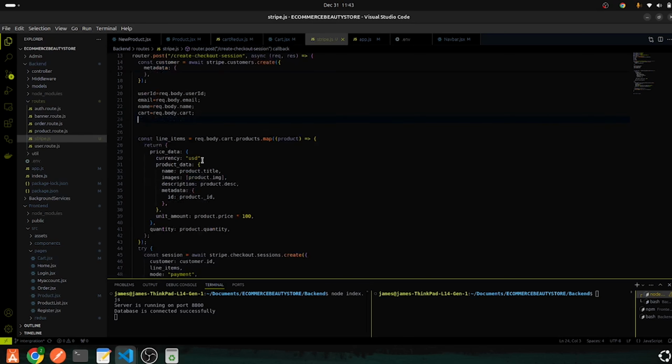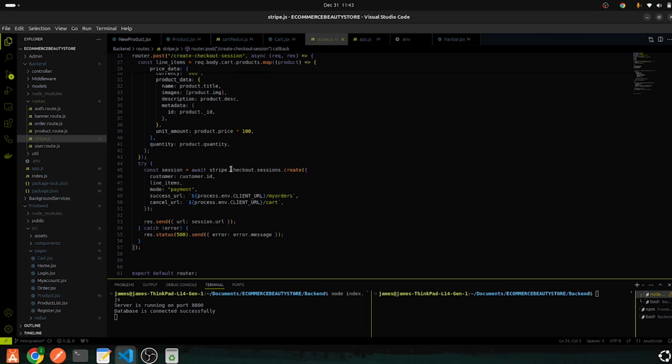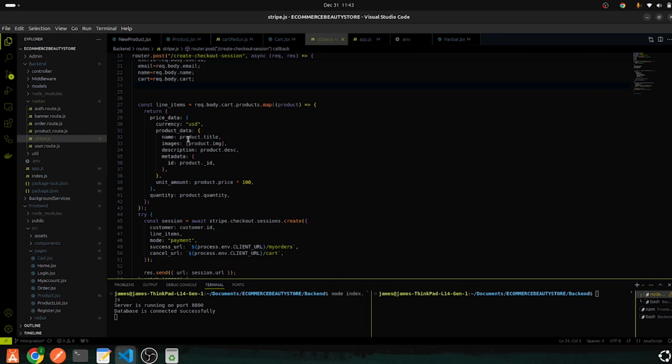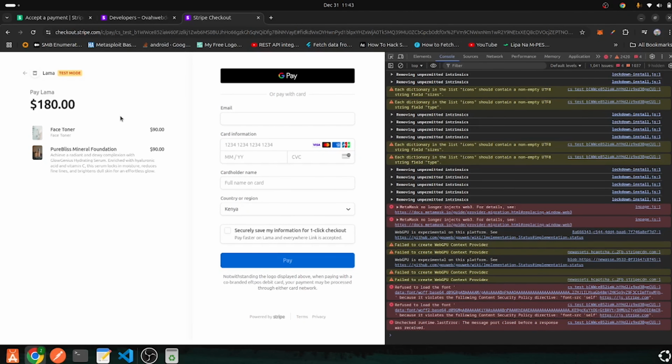Here you can see that we are looping through: we get the cart and then the products, we loop through, and then we display the product title, the image, the description, and the metadata here. And now you can see where we are placing these line items, which are our products. So that is the first part that I wanted to show you, on how to make sure that we are getting this pre-built